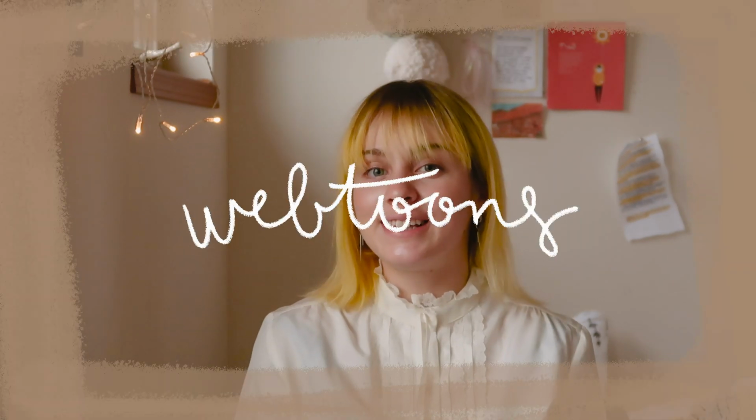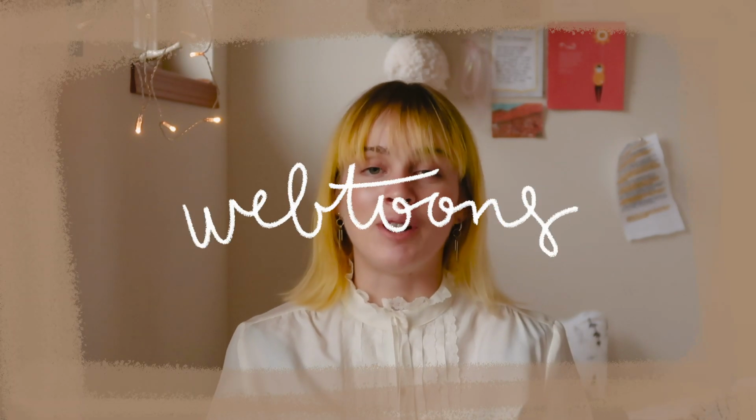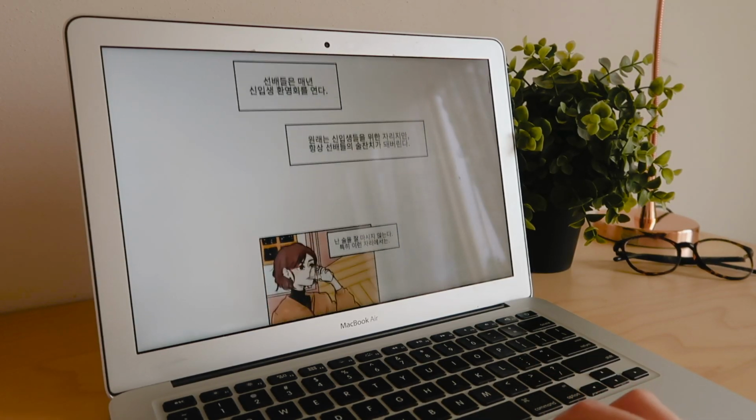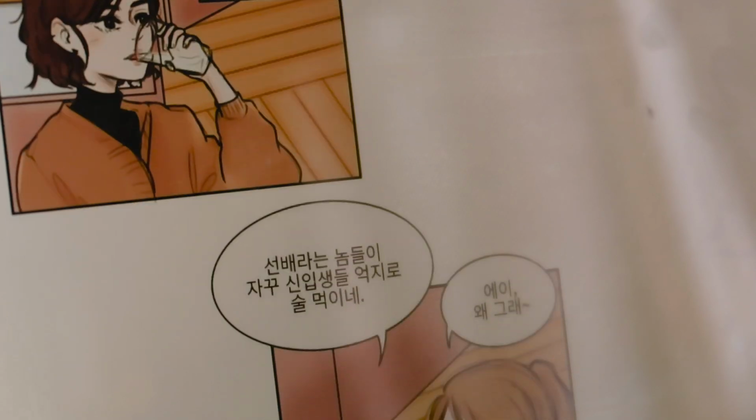Whew. Another thing that I've started doing recently is finding webtoons that are in Korean, so I don't even bother to figure out what they're about. I literally just click on them, and if they're all in Korean and there's not too much text, I just go ahead and start trying to read it. So this is a very, very slow process because I don't know much Korean, but I go through sentence by sentence. I'll write the sentence in my notebook, try to translate as much as I can based on the knowledge I already have,